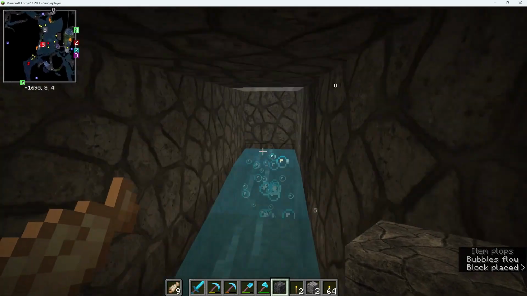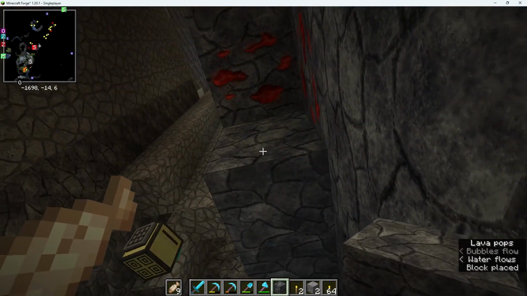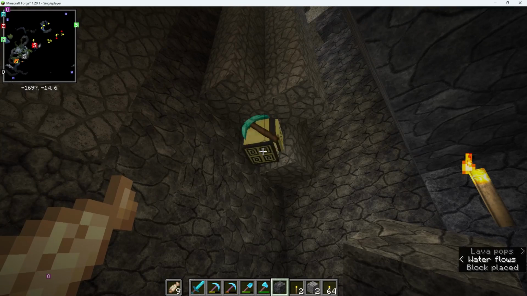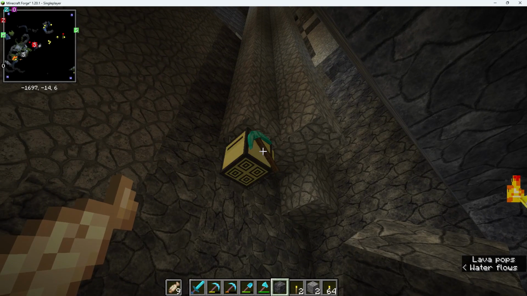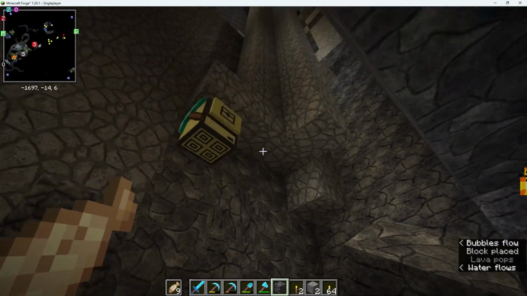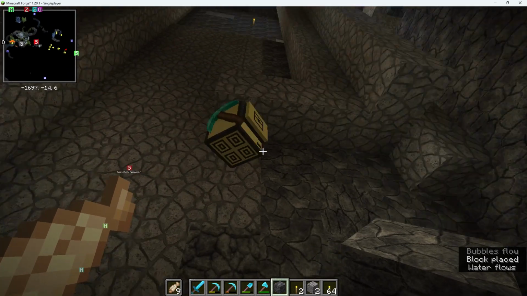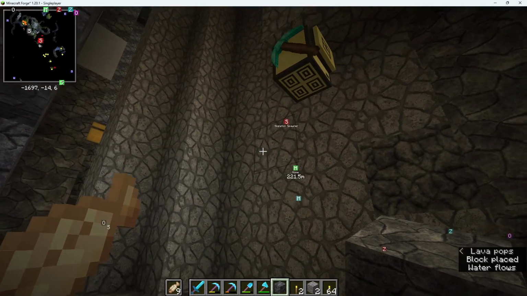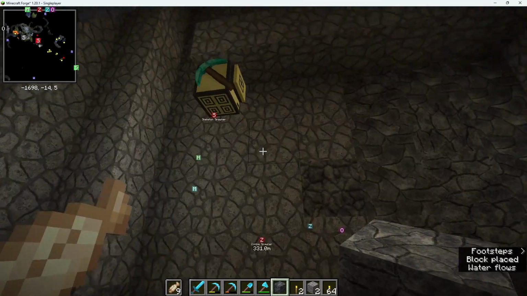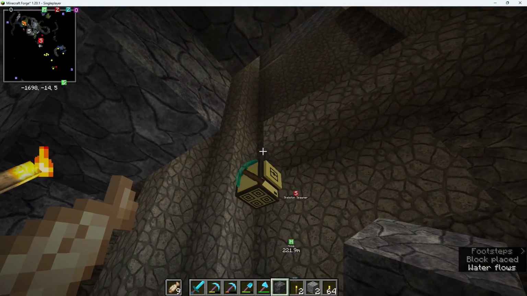So right, here it is coming down, and once it's reached, I think it's 17 block drop, then it starts to build this chamber,